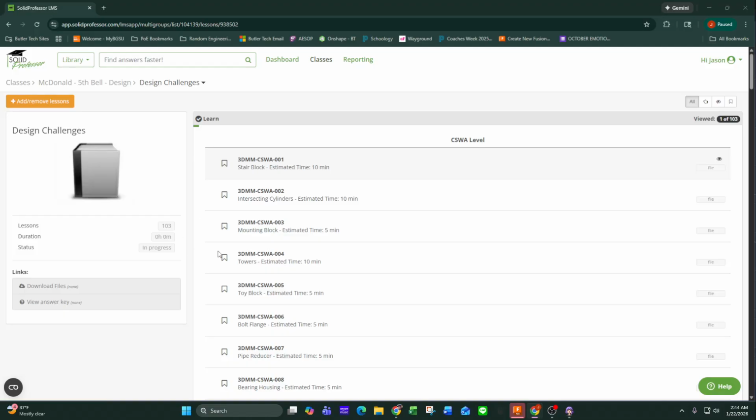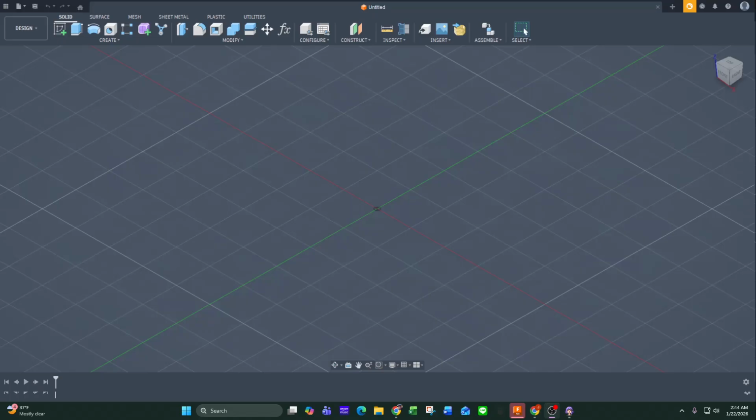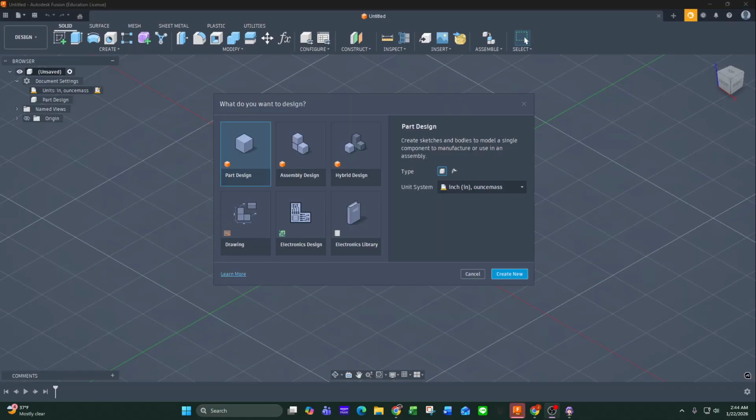So the two critical things, and this is very similar to our midterm, units. So you want to make sure you're in inches. This is the way SolidWorks labels it. In Fusion, let me flip over screens. We got Fusion. That's going to be up here when you're in your document settings, you want to just make sure that is in inches and ounce mass. That is Fusion's version of inch, pound, second. So